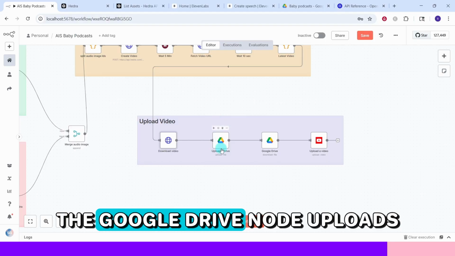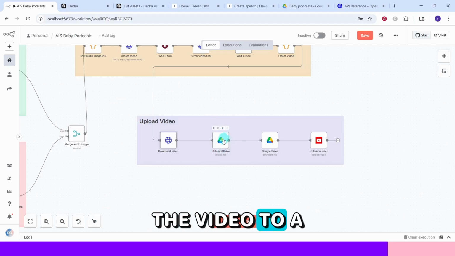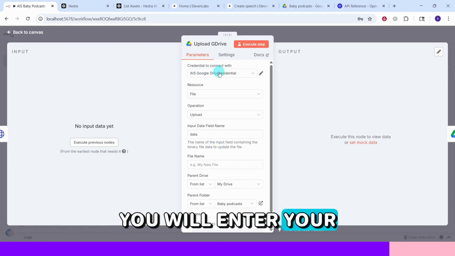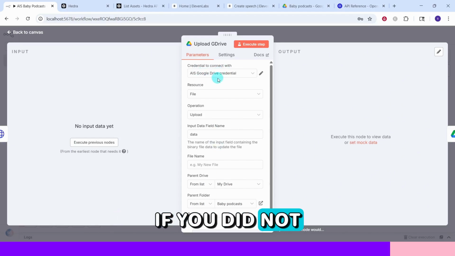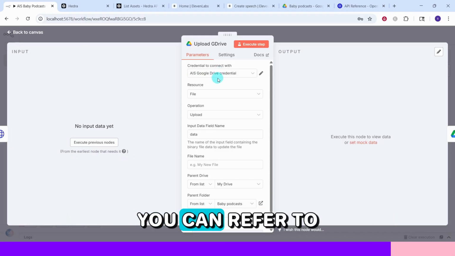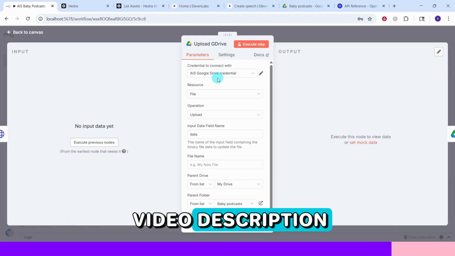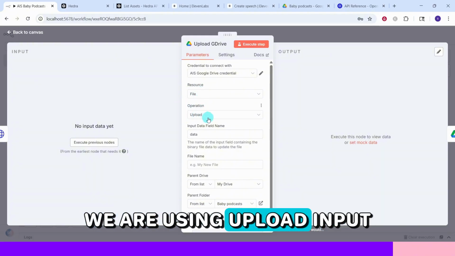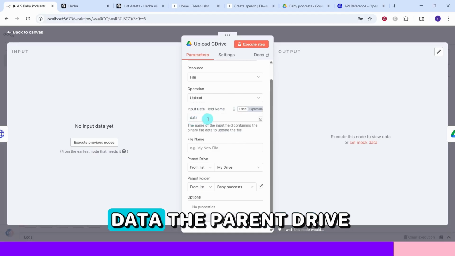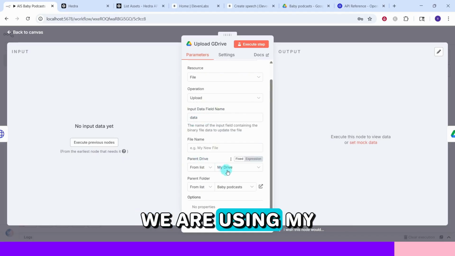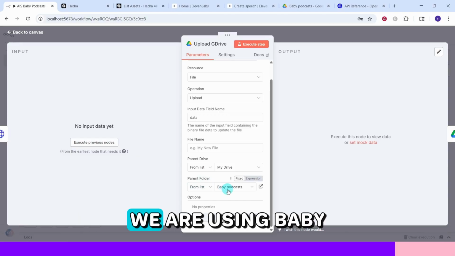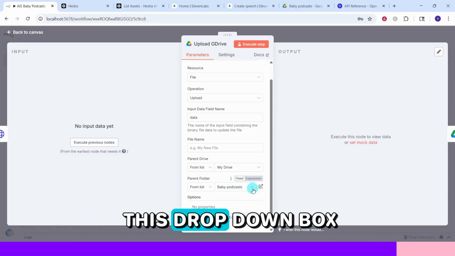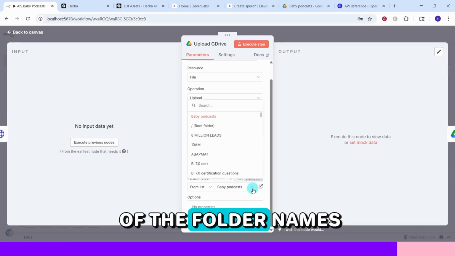field. The Google Drive node uploads the video to a specific folder for storage. Here in Credential to connect with, you will enter your Google credentials. If you did not already create the credential, you can refer to the link in the video description. In the resource field, we are using file, and in the operation field, we are using upload. Input data field name is data. The parent drive, we are using my drive, and the parent folder, we are using baby podcast folder, which I shown you earlier. You can click on this drop down box to get the list of the folder names from